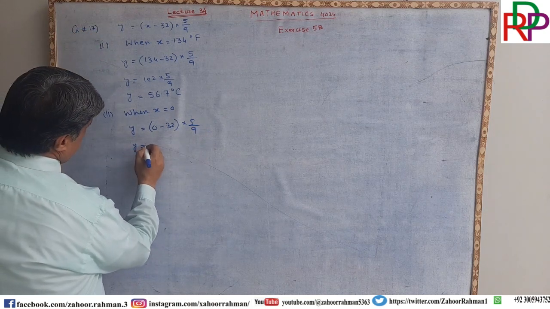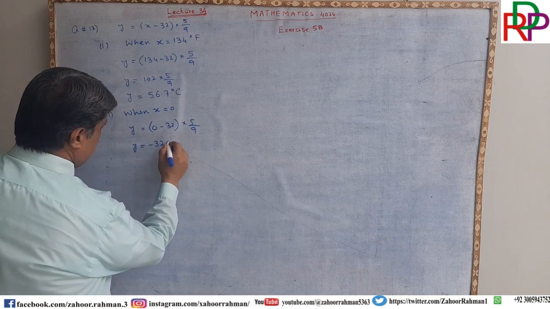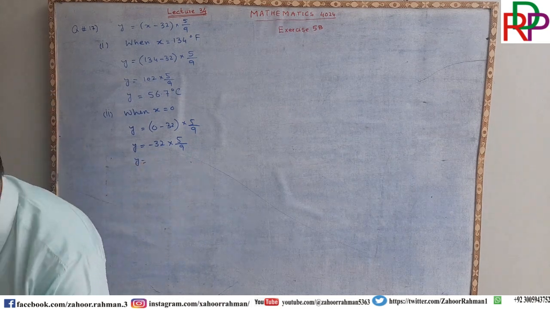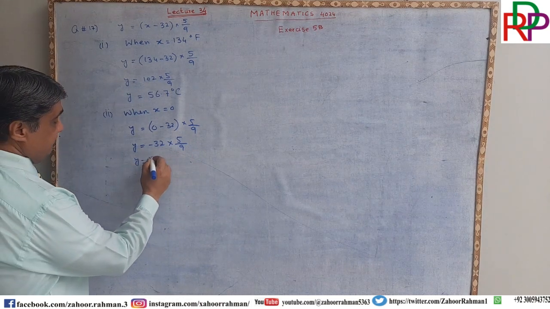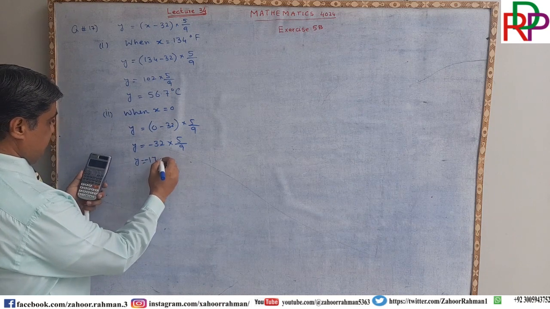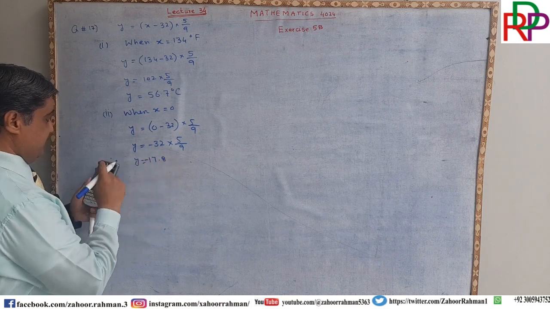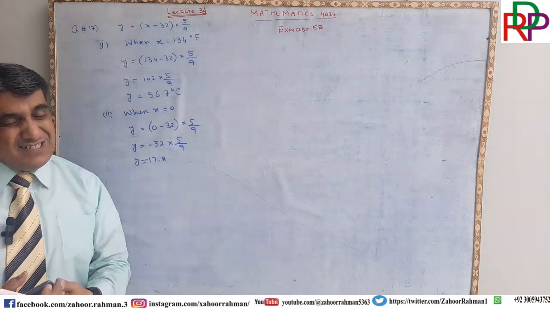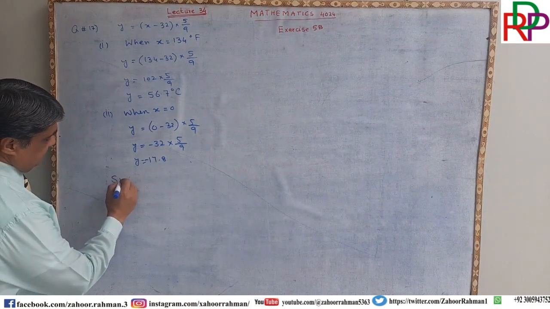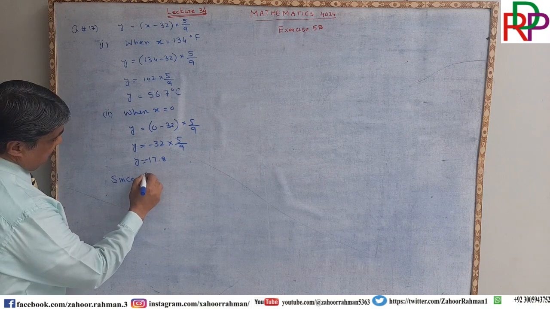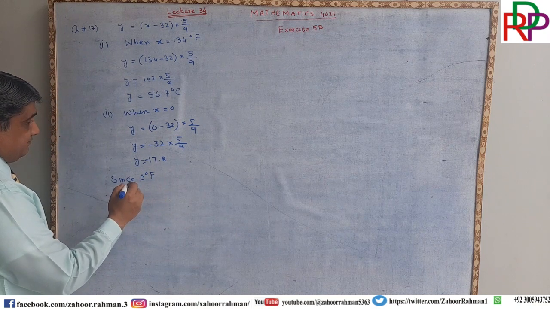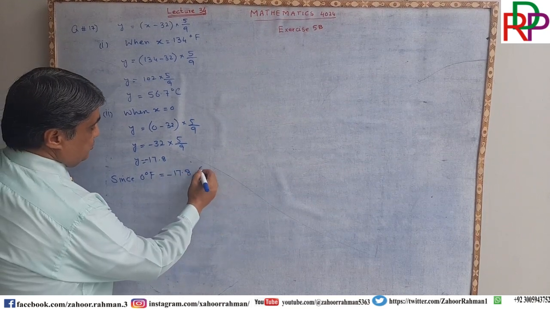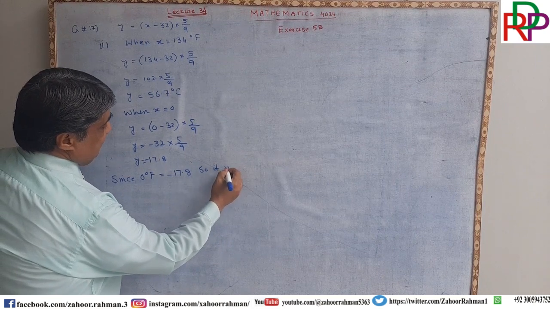So y is equal to minus 32 multiplied by 5 divided by 9, and when we calculate it, we get 17 with a negative symbol, .8, since 0 degrees Fahrenheit is equal to minus 17.8. So it is less common